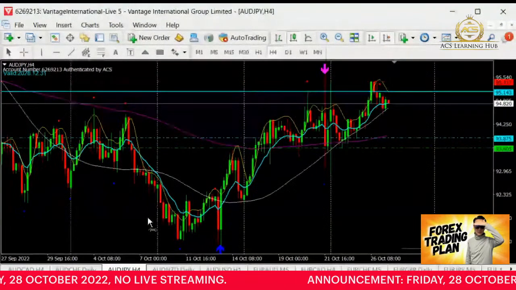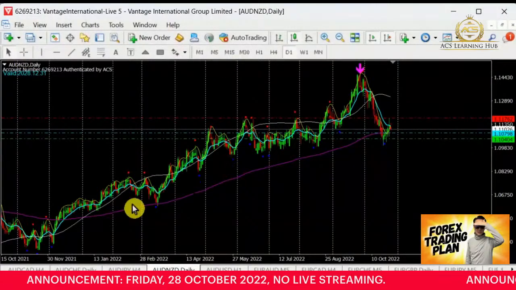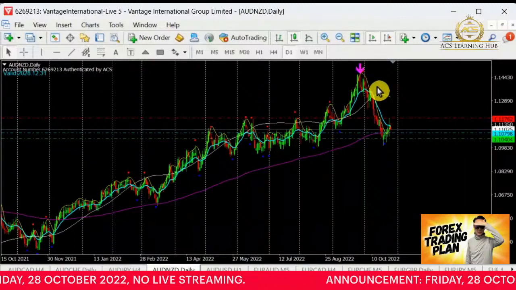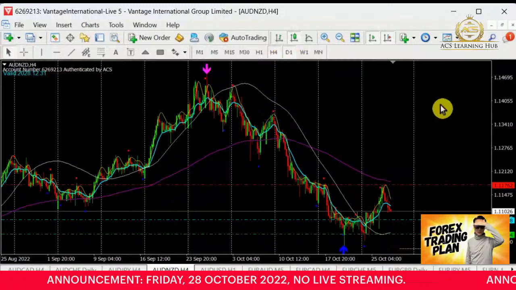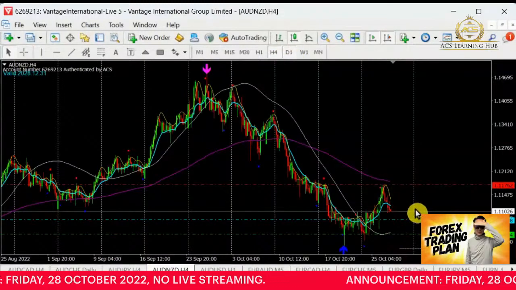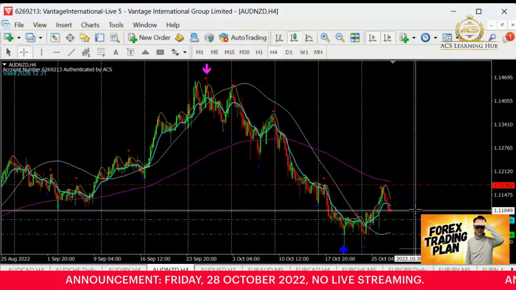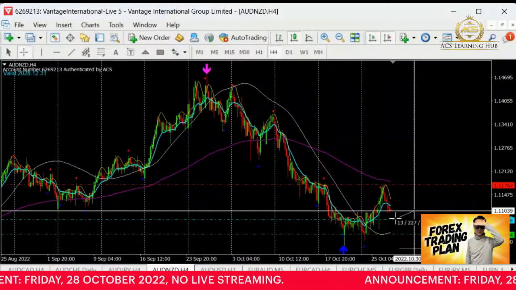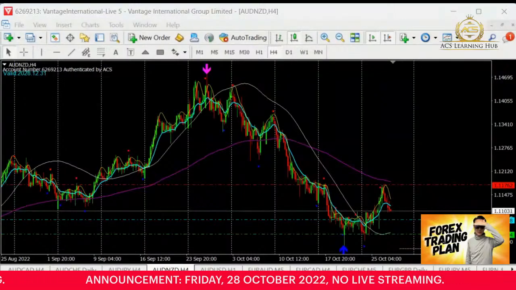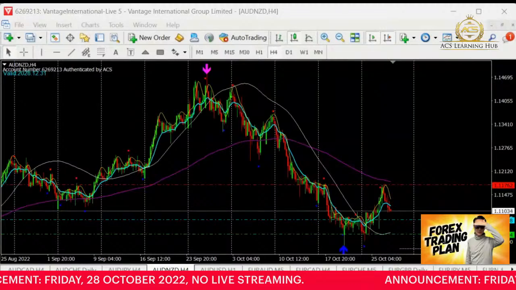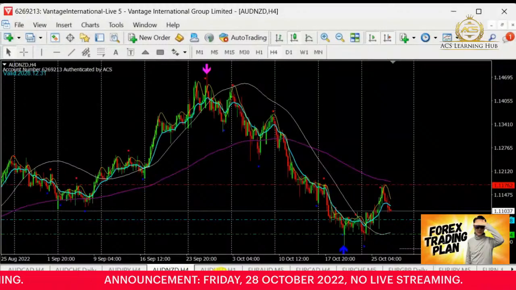For Aussie Kiwi, tentatively looking for selling over here. The whole trend looks like in the bull, but the transition has come into a bear. The bear has just started. Looking at this, we have tested on the resistance and started to sell down since yesterday. Are we still going to continue the selling down? I will say yes, we still have some space there. Currently we still have about 30 over pips to go, so it is still considered a good one to go for a sell. I'm going to add this in my selling list, Aussie Kiwi. Later on I will flash it out.